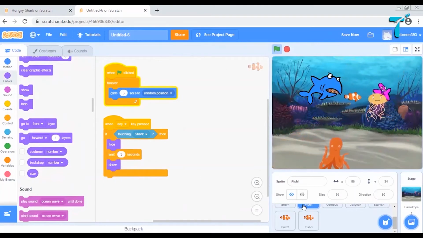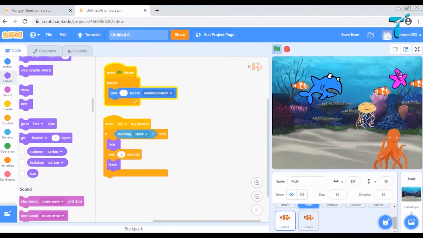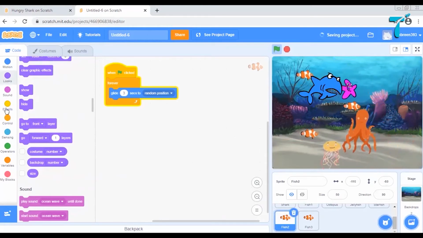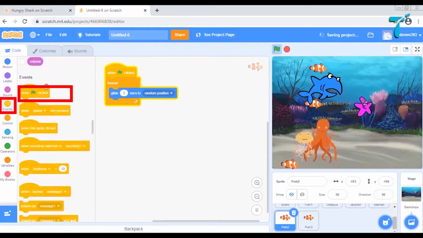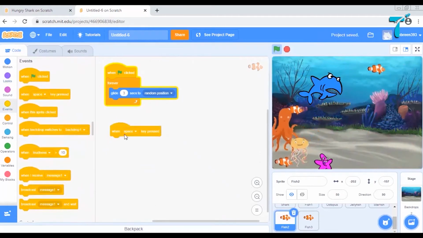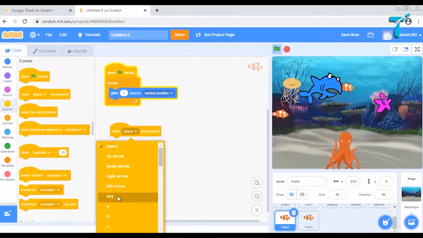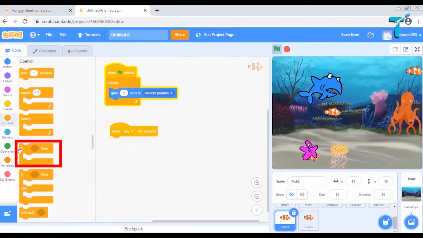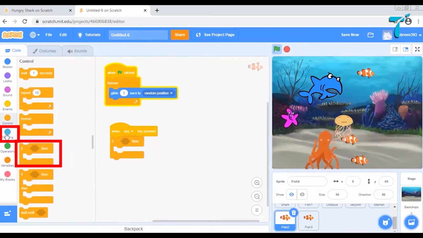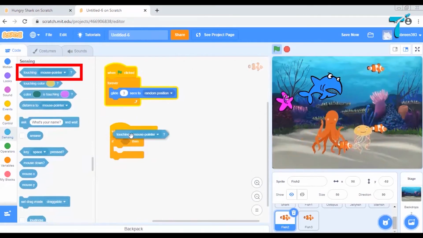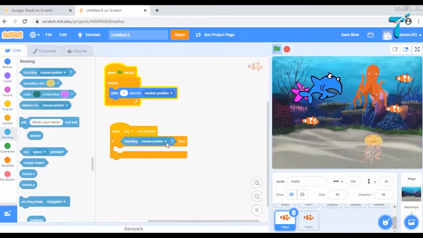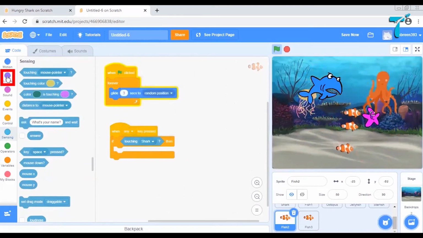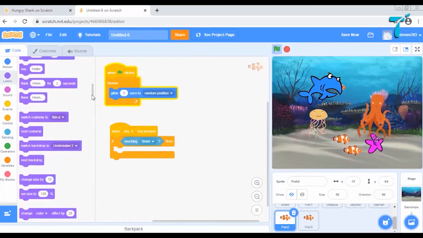I've given this instruction for fish 1. I'll keep the same instruction for fish 2 as well. Let us do it quickly. So when any key is pressed, it should check if it is touching the shark, and then if it touches the shark, then what should happen? It should hide, right?